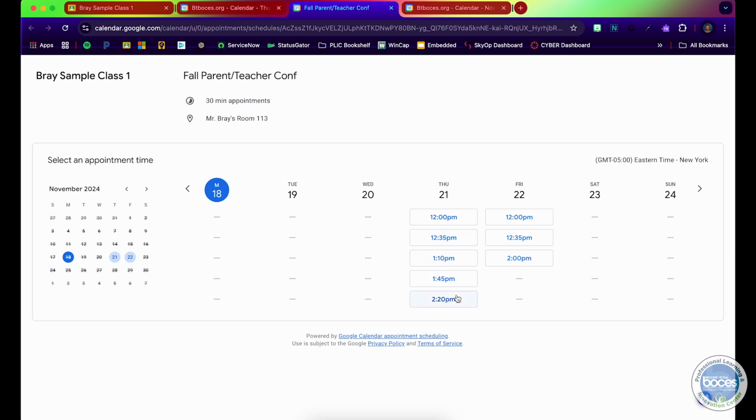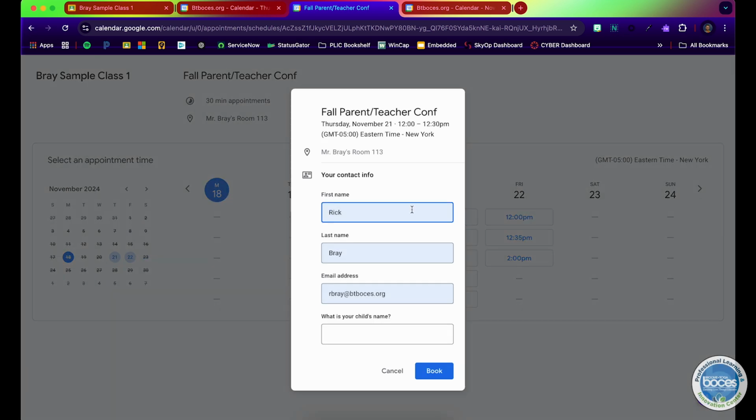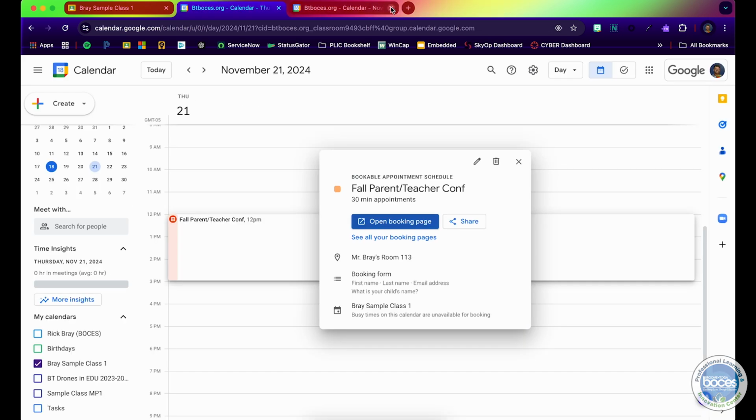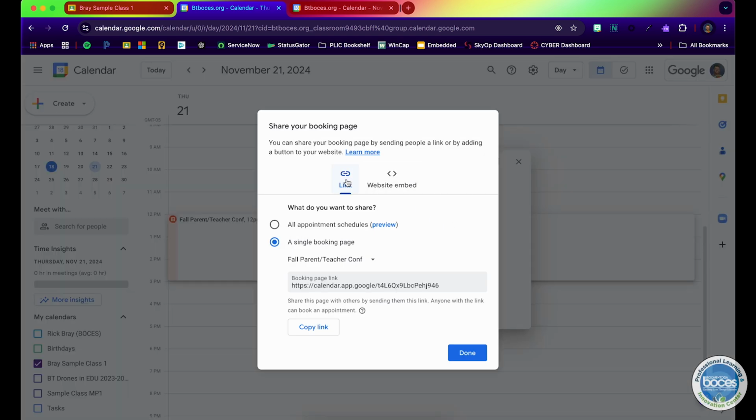They can see the time slots that are available on the given days. If there's nothing available, it's just a line. And they can click 2 o'clock, and it's what's your first name, what's your last name, what's your email address, and then down here, what's your child's name? And then they click book, and they're good to go. Now, just stepping back for a second, if I wanted to send this out as a newsletter, I can click this little share option. I'm going to share by a link, and I'm going to share just a single booking page for just the ones that I made,